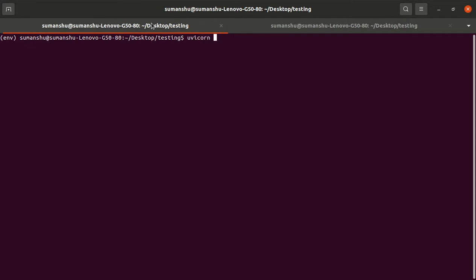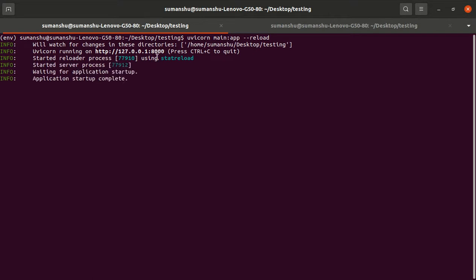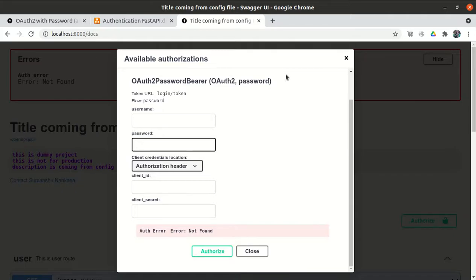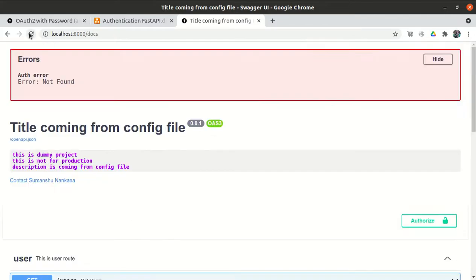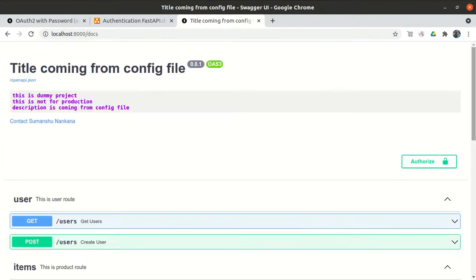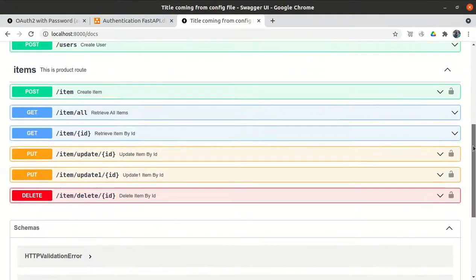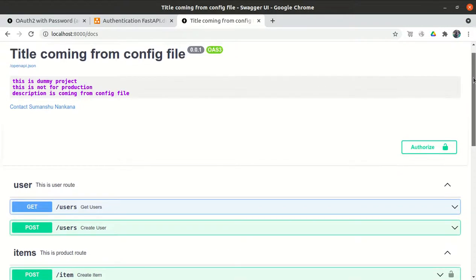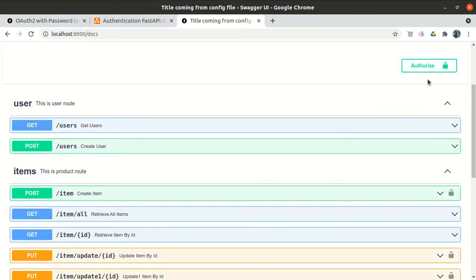So now let's try to restart the app. The application has been restarted. If I do refresh, it will still fail. Why it will fail, I will tell you.